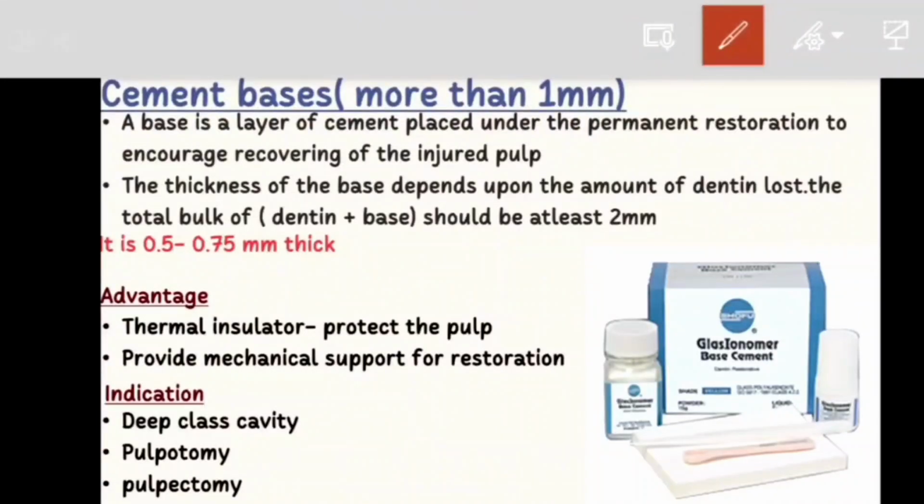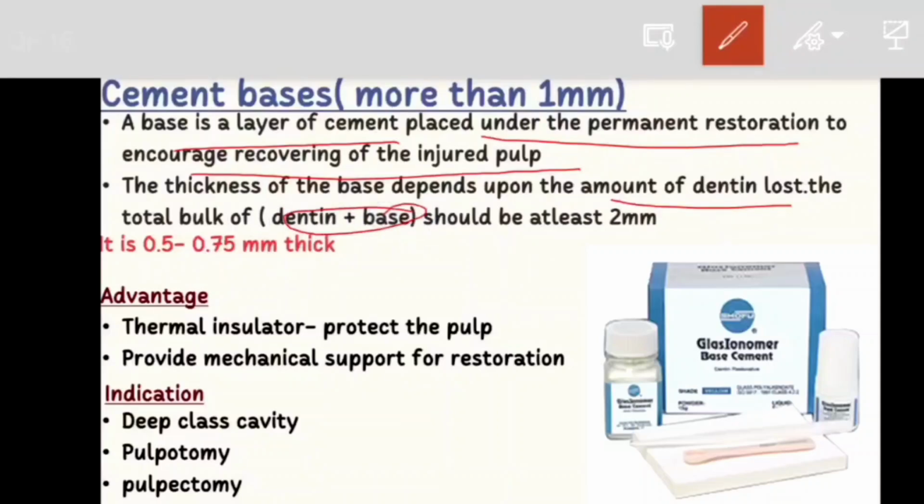Now, cement base, where it is more than 1 mm. A base is placed to protect the pulp and support the restoration. A base is a layer of cement which is placed under the permanent restoration to encourage recovery of the injured pulp. The thickness of the base depends upon the amount of dentin loss. The total bulk of dentin plus base should be at least 2 mm. So, it is 0.5 to 0.75 mm thick, and total dentin plus base should be minimum